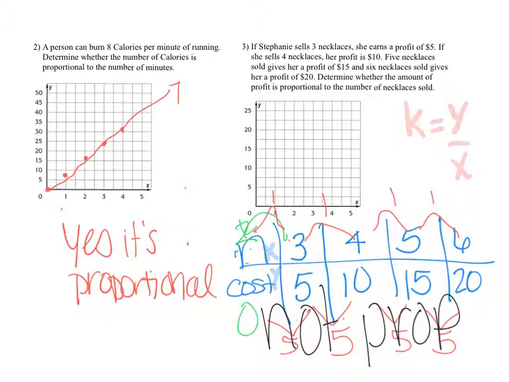And I could have graphed it and gone in a straight line, okay? So it's still linear. It's still going up in a straight line, she's going to continue that. But maybe she had to pay for her supplies with the first 2 necklaces she made. And then, so we're going to say it's not